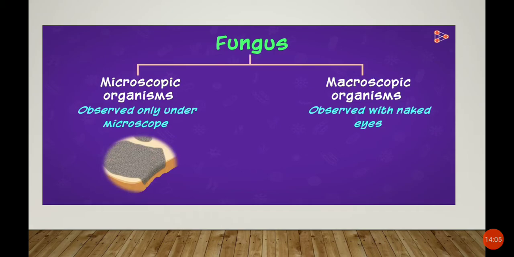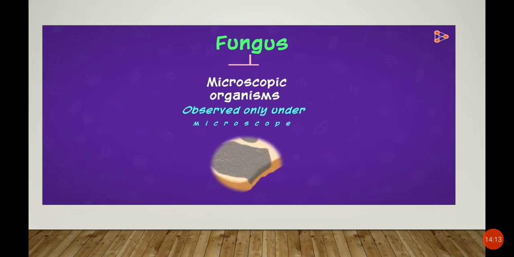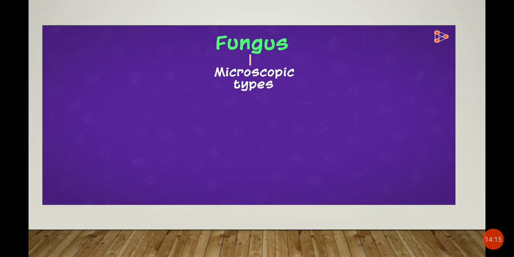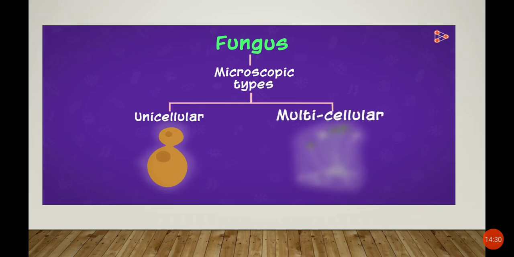Which organisms can we consider as an example of this type? Well, mushrooms and puffballs can be included in this category. Let's talk about the microscopic types first. These being too small, what do you think will be their structure? Do you think they will always be unicellular? Well, not all. Only a few types like yeast are unicellular, whereas others, in spite of being microscopic, are multicellular